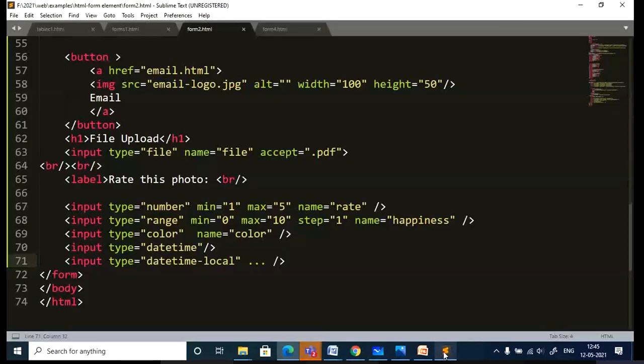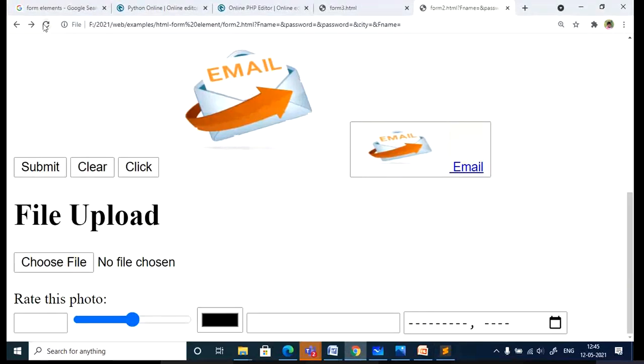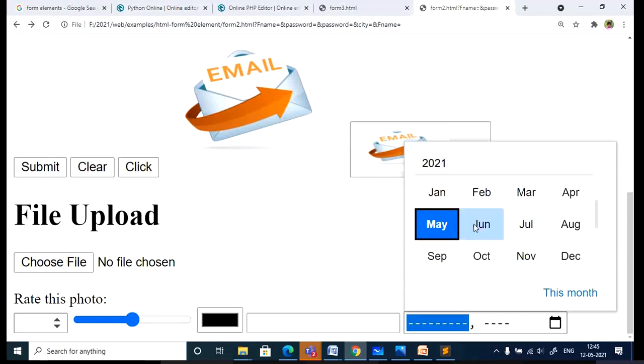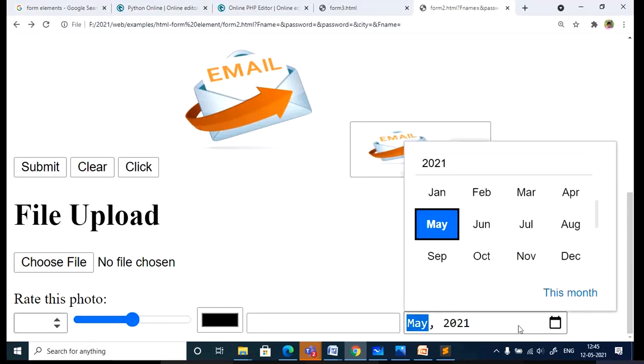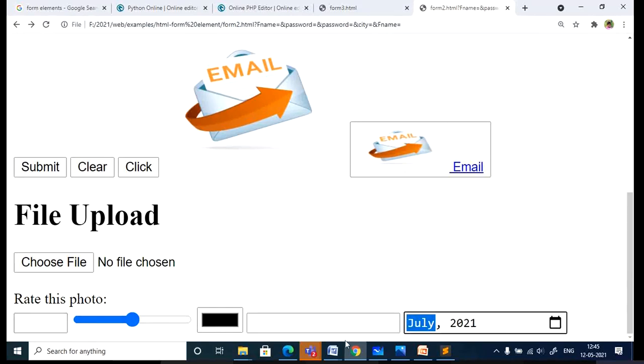Similarly, if you want to select only a particular month or a week, this will show the month and year, so complete May month, May 2021, like that.